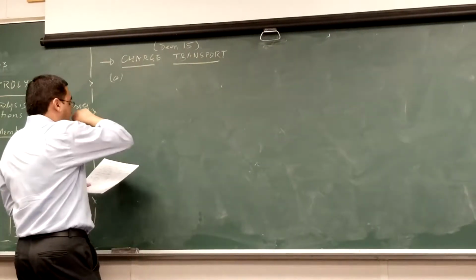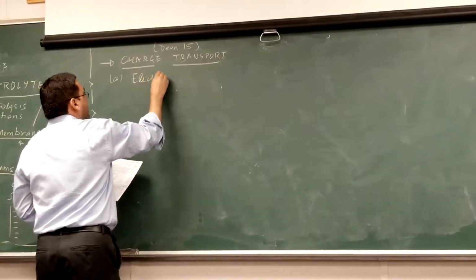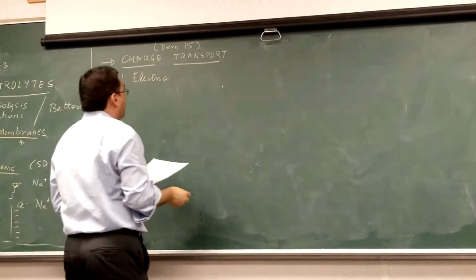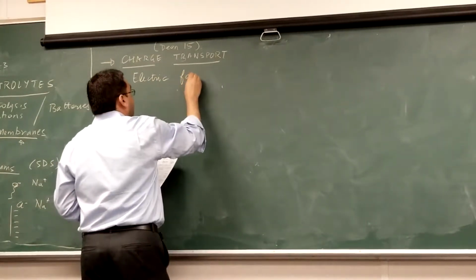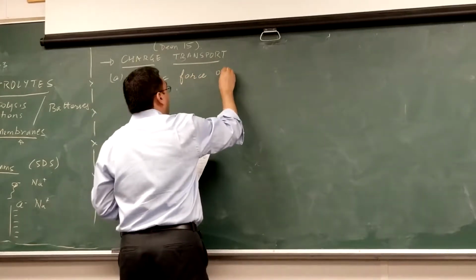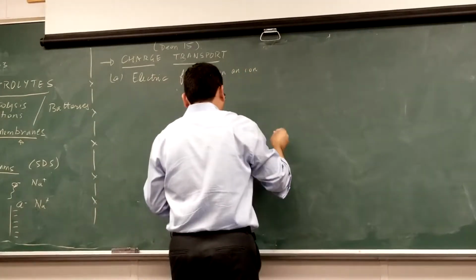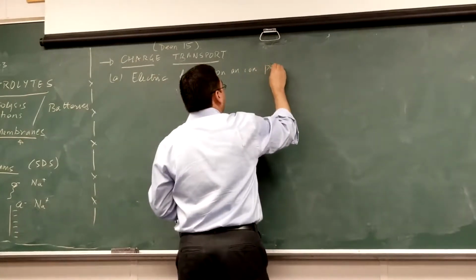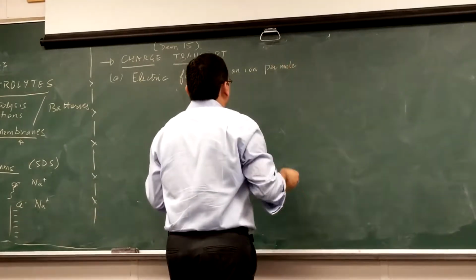So the first thing is we want to figure out what happens when there is an electric field, how that affects transport, and it turns out that whenever you have charged species, there's going to be an electric force on an ion, and we're going to do this on a molar basis, so per mole. So the electric force on an ion per mole is